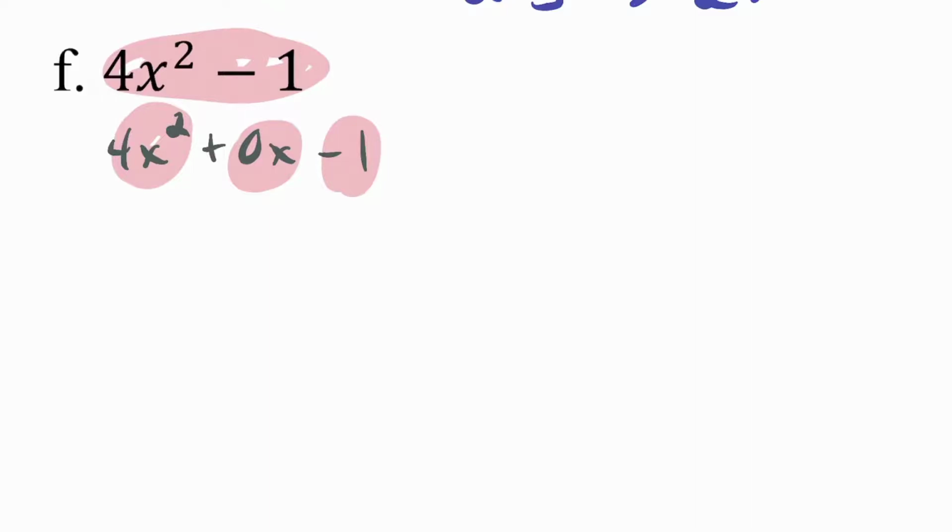0 times x is just 0. So if I wanted, this could just go away. And this is the same thing, 4x squared minus 1. Okay. So now I'm just going to apply the AC method. What's A? 4. What's C? -1. So